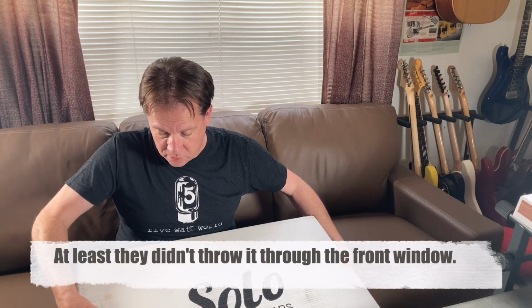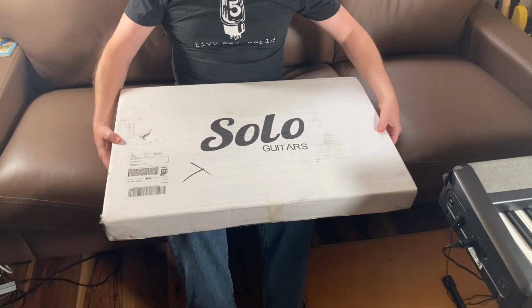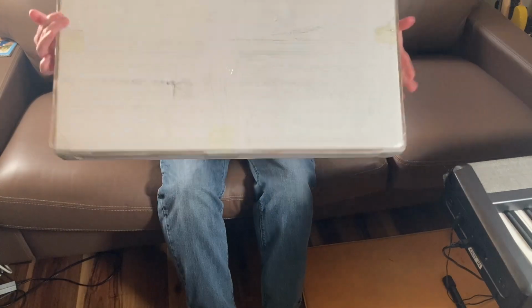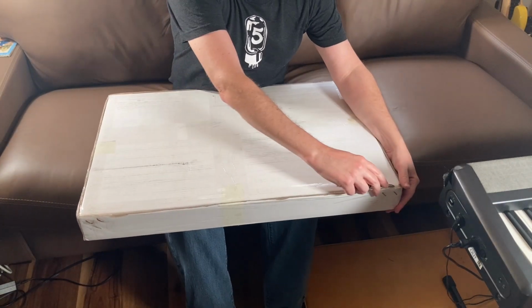So a couple of observations right away. One, not very heavy box. Not too bad. Two, there's a big dent in it right here. Thanks FedEx for denting the box, and we'll see if that's anything important underneath there. So today we're just going to unbox it, and I'm going to make some comments on it. So yeah, let's do that. I think what I shall do is just